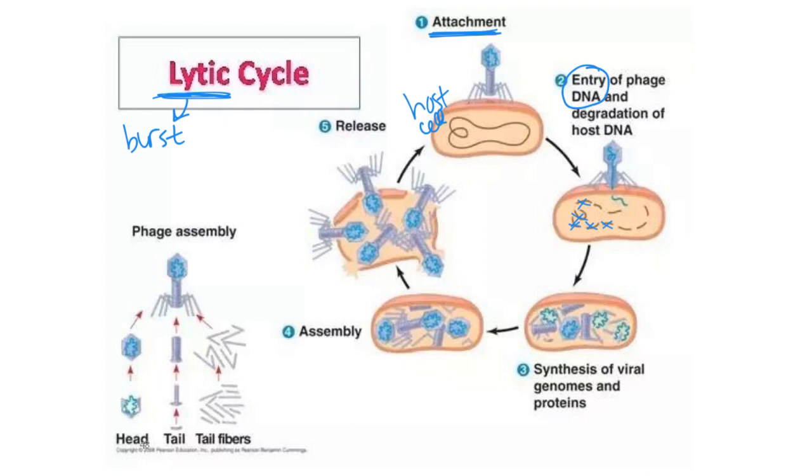So it's going to release its DNA into the host cell, and it's going to break down the host cell DNA, meaning now that the host cell DNA can't be used to make proteins. It's the intact viral DNA that the cell is now going to use to make proteins. So because the host cell DNA is broken down, step 3 can happen. Remember, when we synthesize something, we're making something. So this host cell is now doing all this work. This host cell is going to be who's doing the synthesis of the viral genomes and proteins,